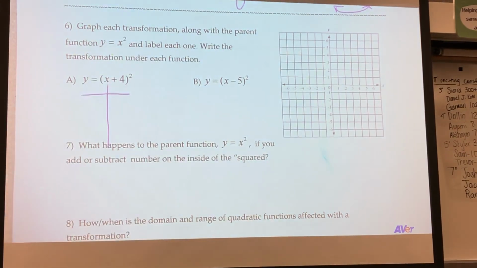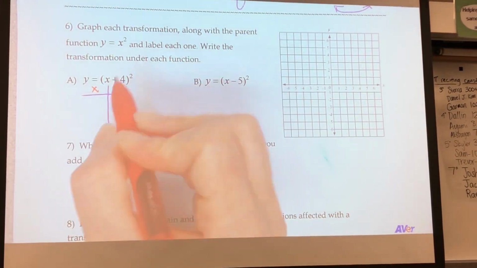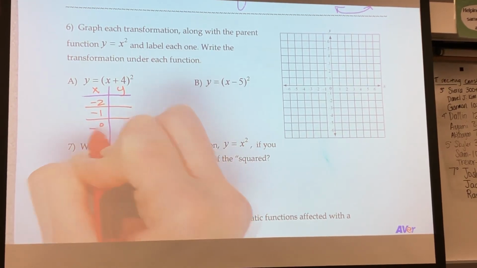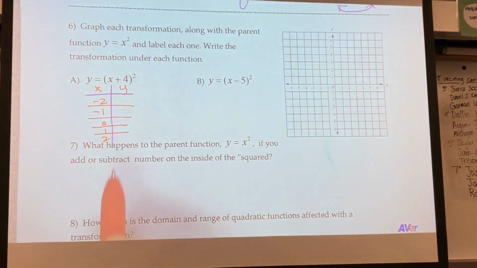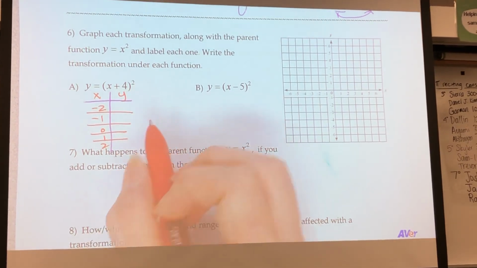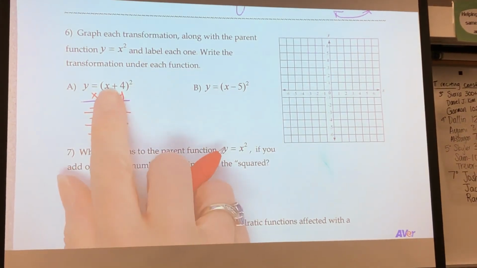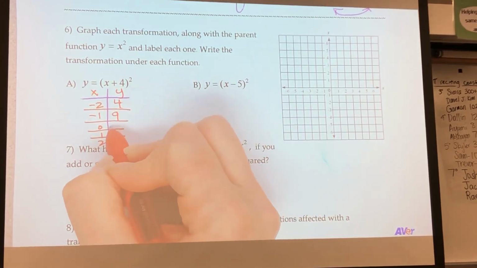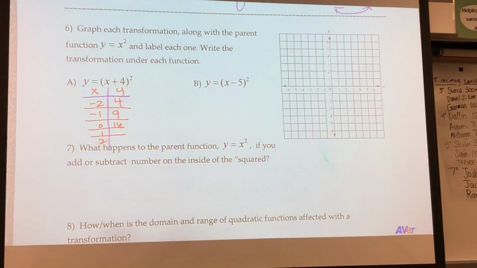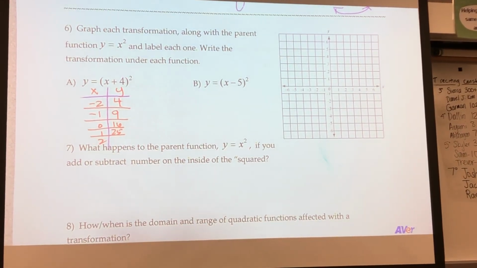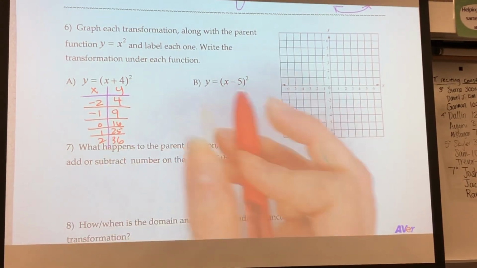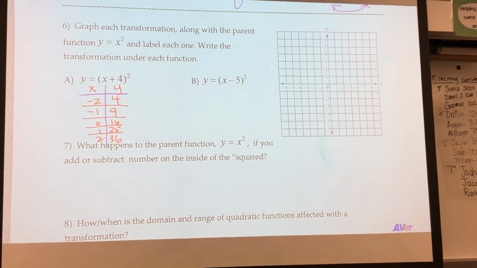So let's go back and look at this and see what's going to happen. If I plug in -2, -2 plus 4 is 2, squared is 4. -1 plus 4 is 3, squared is 9. What do you notice? Going to 0 plus 4, it's getting just bigger and bigger and bigger. But it has to come down, it has to be a U shape. So what must happen? If I keep looking at this, I go, well, I better go backwards a little bit